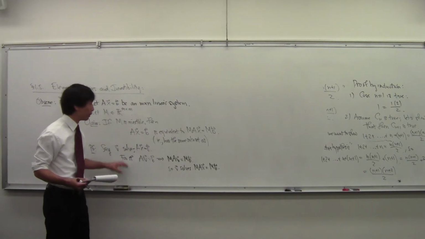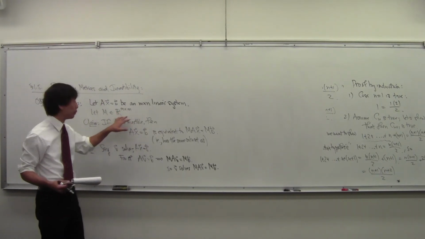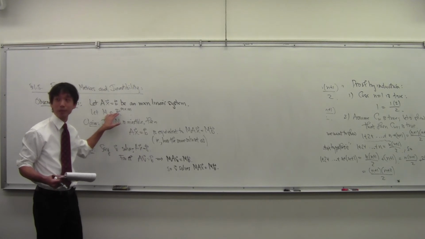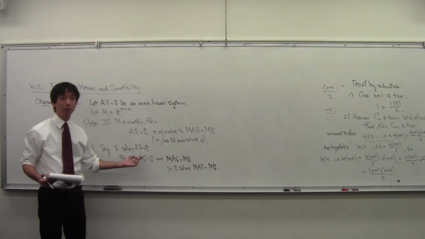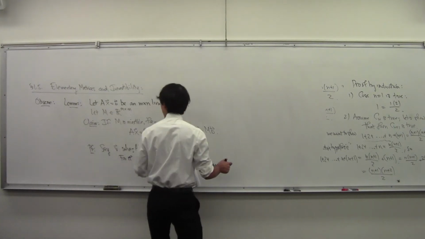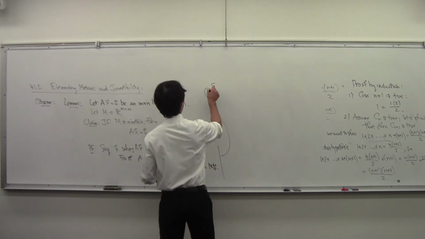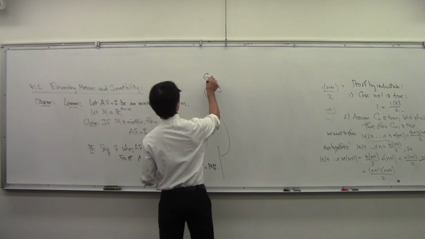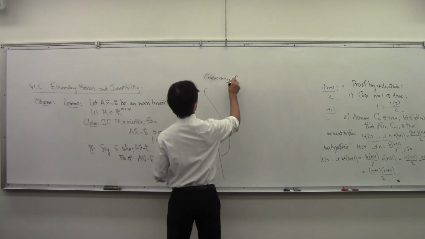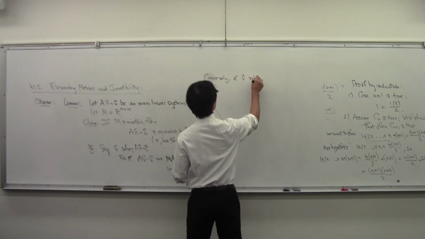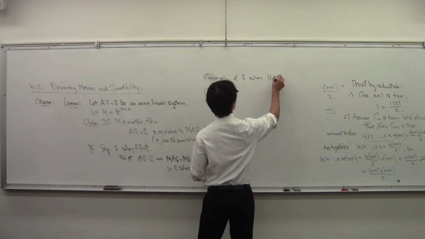Yeah. But we really want M to be an invertible matrix. And what about going backwards? Suppose you know, so I'm going backwards. Conversely, if V solves MAX equals MB,